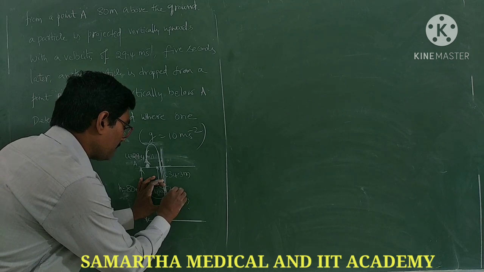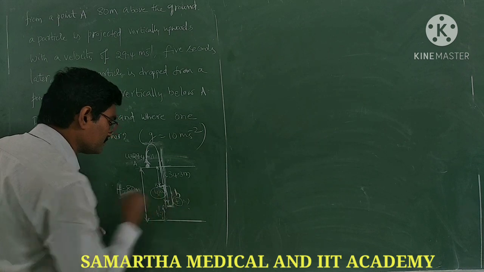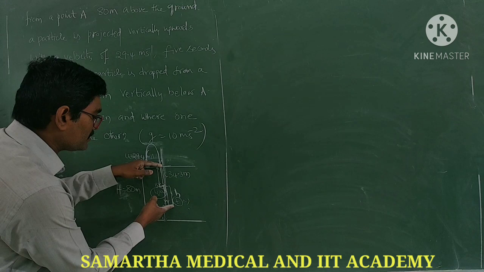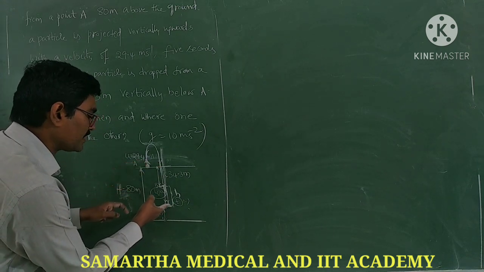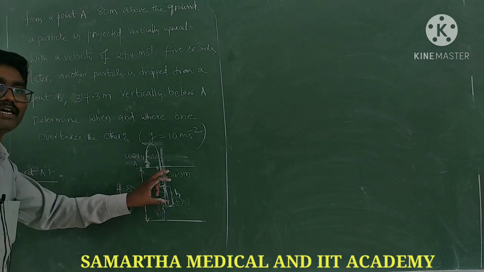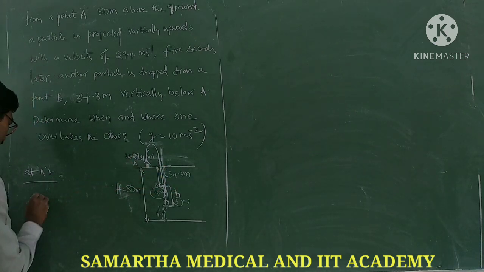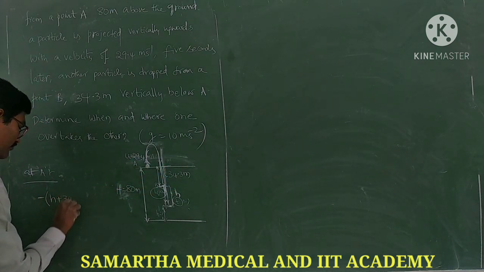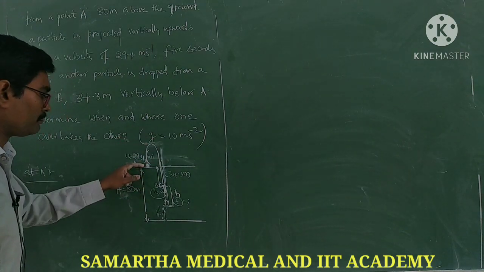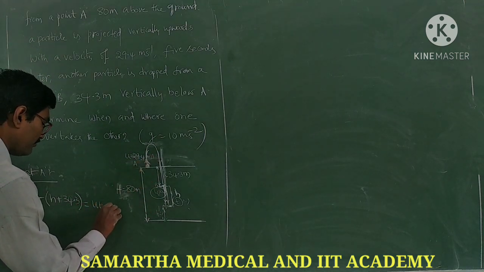So to calculate it, I am giving some notation. This is capital H you have given, this you take as small h. So small h plus 34.3 will be the net displacement for this body to meet the second body. Correct? So that means the net displacement, capital H, is this small h plus 34.3. So minus of h plus 34.3, that is the net displacement for body A projected at A, is equal to ut minus half gt square. Correct?